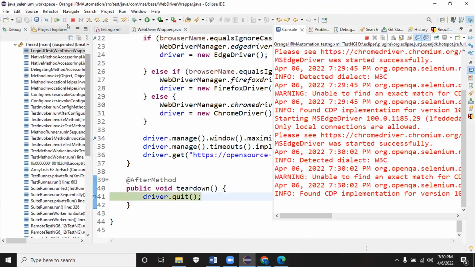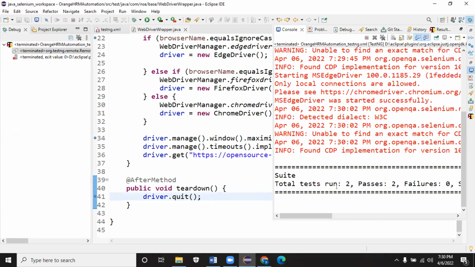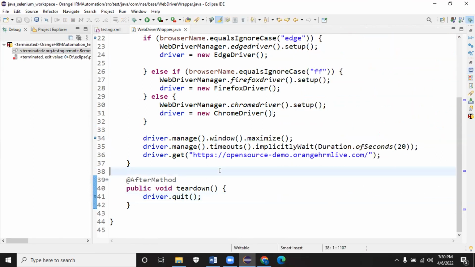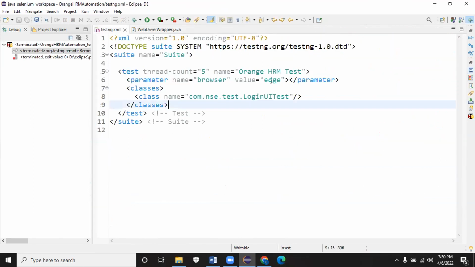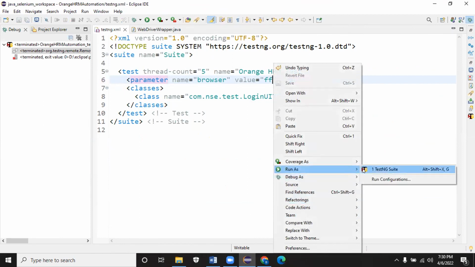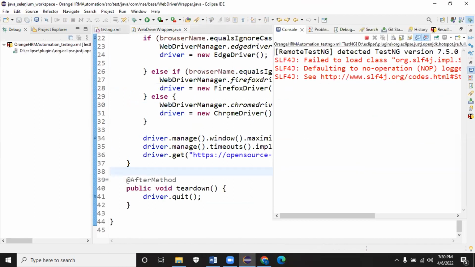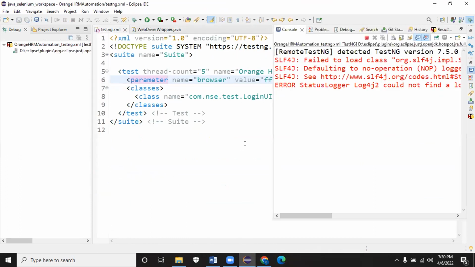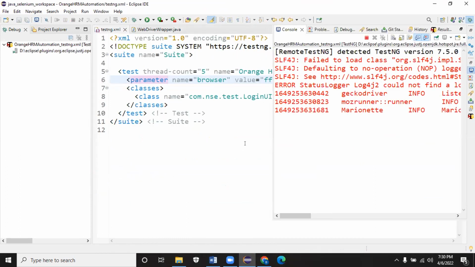Right now, just by modifying the XML, we are able to achieve the output. Two test methods, just UI component checks. Now, if I go to the testng XML and change it to FF and then trigger, it will go to the else if where it's FF, try to set up the driver the first time, and then launch the Firefox browser. So you can see how simple cross-browser testing is.